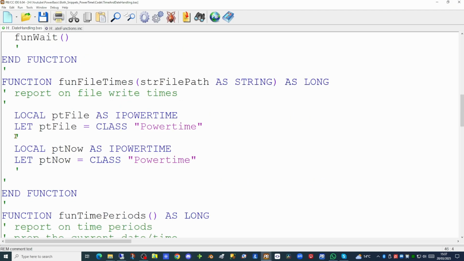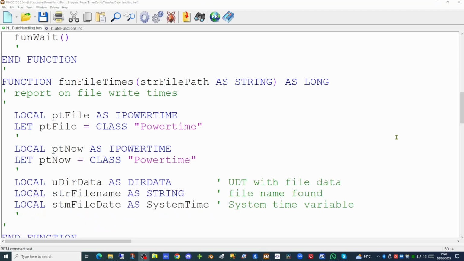Within this function, we're going to declare 2 local PowerTime variables, one called file and one called now. We've also declared 3 additional local variables, a user-defined type to hold the directory file information, a file name string which we're going to use to populate with the file name we've discovered, and a system time variable,